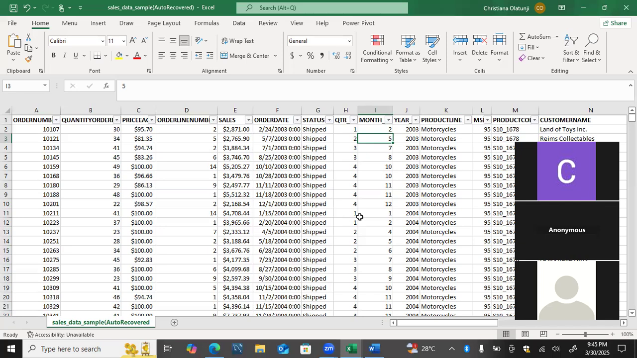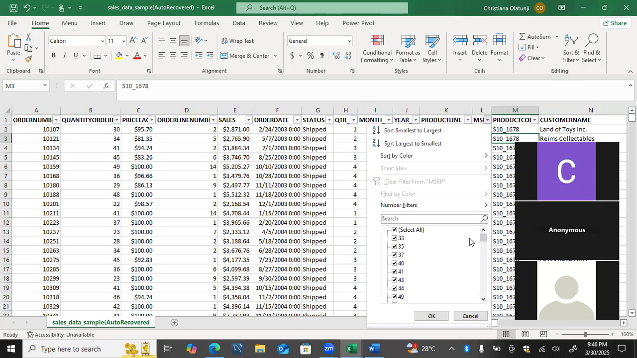So that is that. Let me recap on how we activate our filter button. I'll click anywhere on the data set, go to my Home tab, find Sort and Filter, and select Filter. My filter appears. If I want to narrow here, for this one, we have multiple